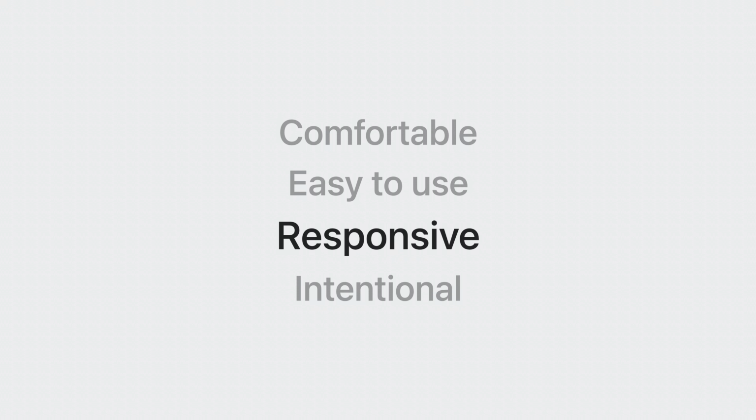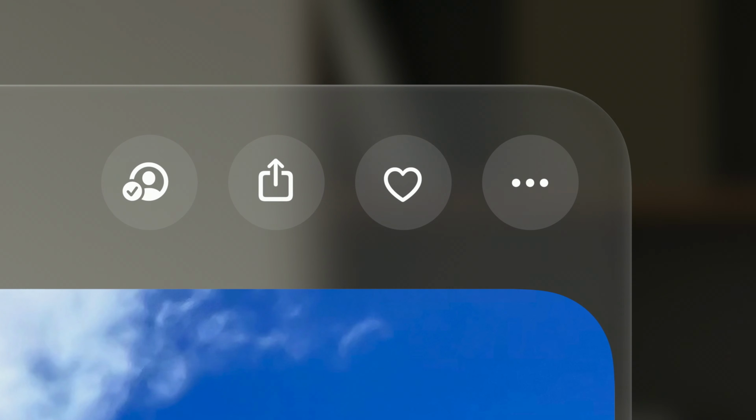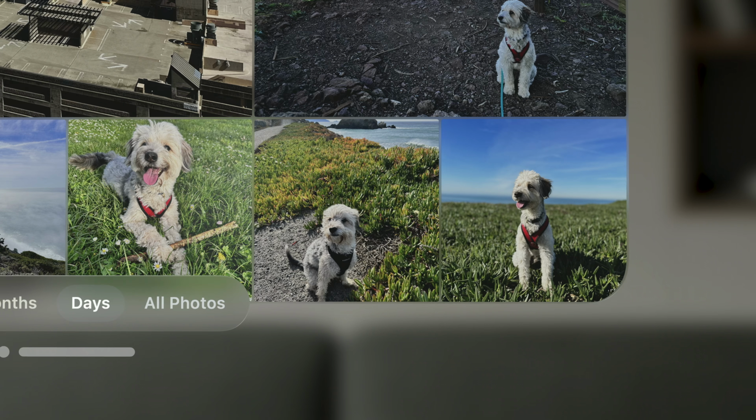Eyes are a very novel input, and it's really important to make your interfaces respond to your eyes. When interactive elements highlight, you understand that your eyes are driving the interaction. Let's see what happens when you look at a group of buttons. See how they highlight as you look at each one. All interactive elements should be highlighted, and we do this with a hover effect. But because your eyes move quickly, the effect needs to be subtle and work on top of any content. Like when looking at your favorite photos, reinforcing intention without being prominent.